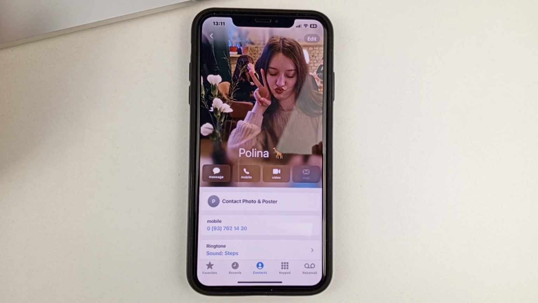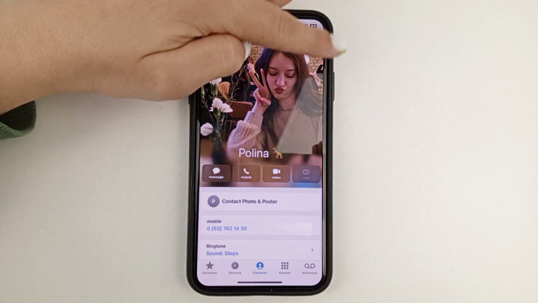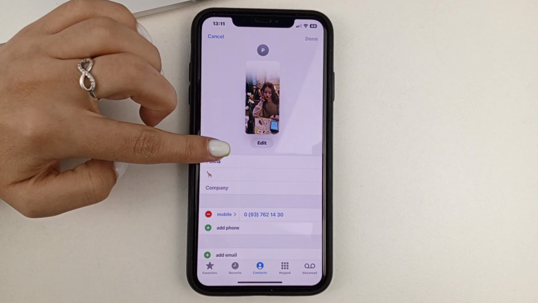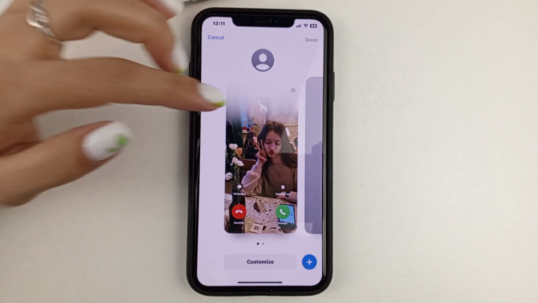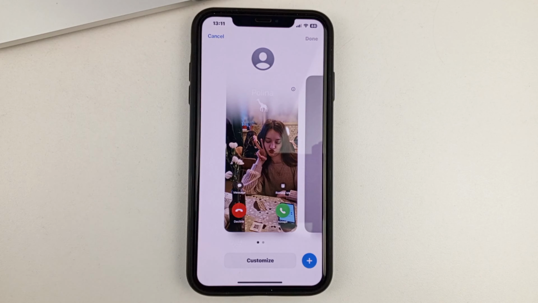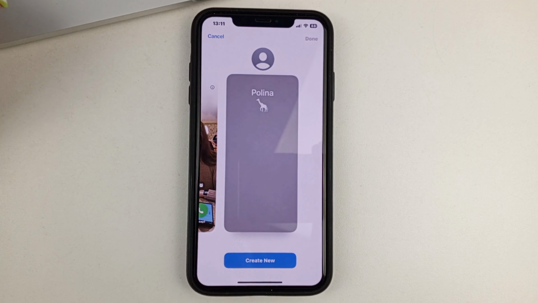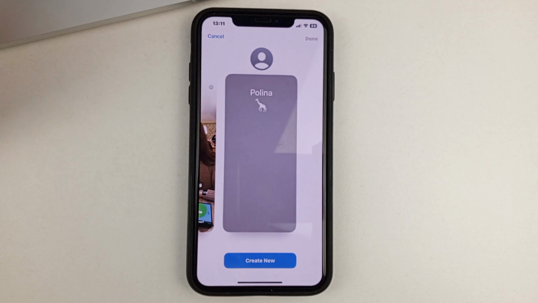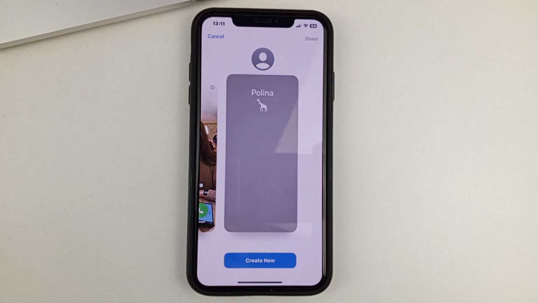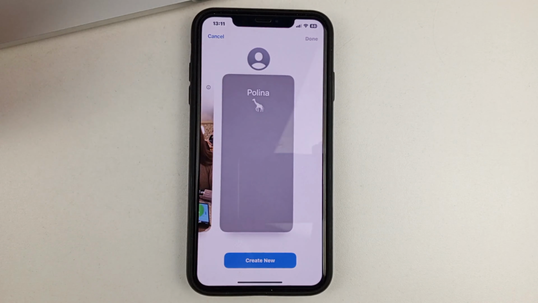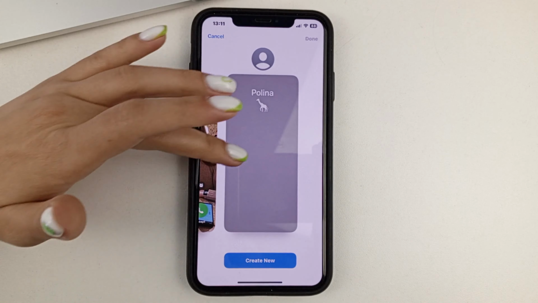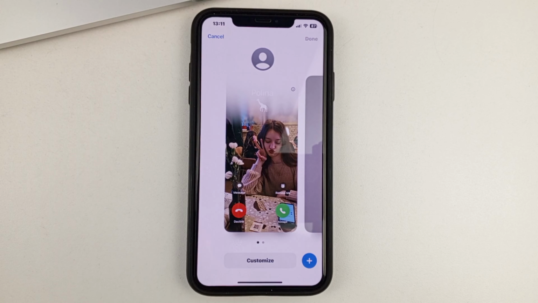And then, so that you can delete it, in the upper right corner, click Edit. And then you'll see underneath the poster you'll also see the word Edit. Click on that. And here you will be able to see all the posters that were previously made for this particular contact. As you can see, I only have one poster. If you have made more of them, however, you will of course have more.